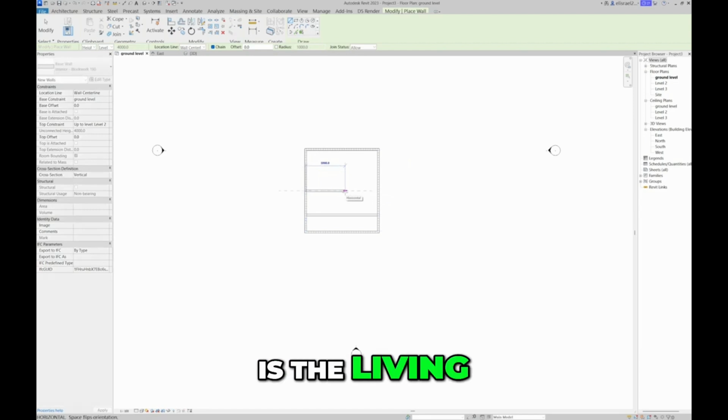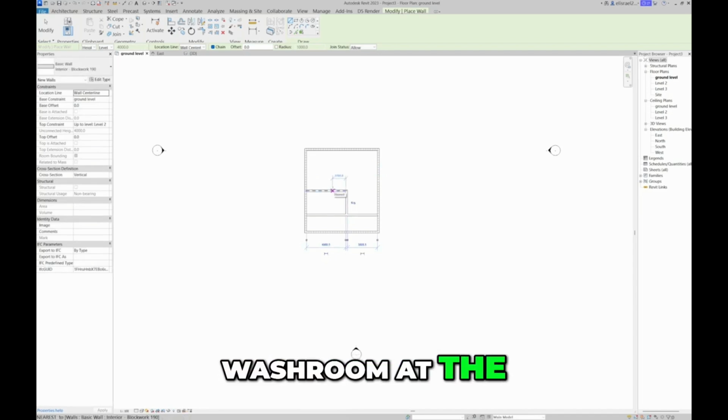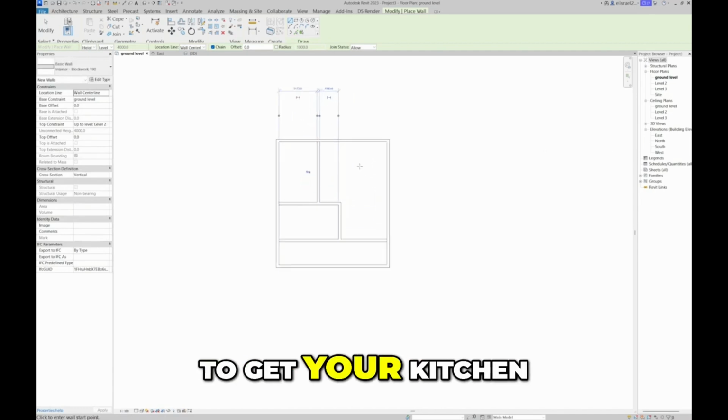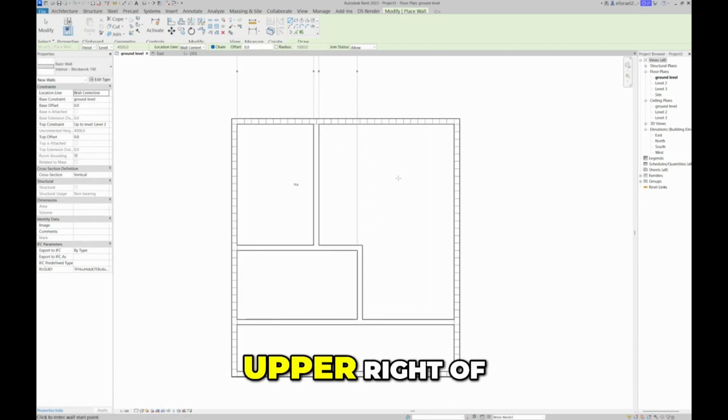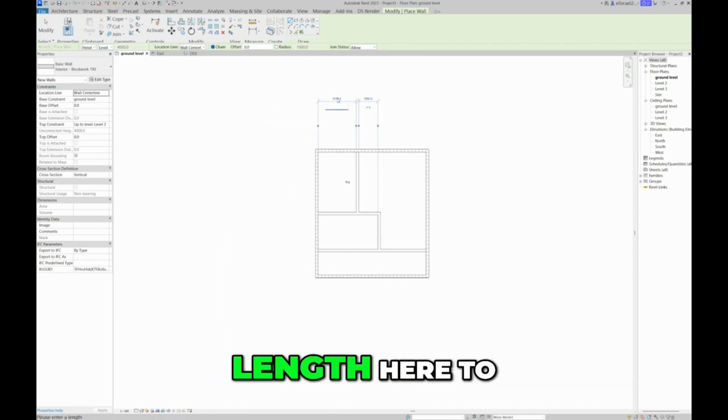The next is the living room area. Yes, and the washroom at the back of the living room connect this way for you to get your kitchen area at the upper right of the building. So let's change the kitchen length here to be